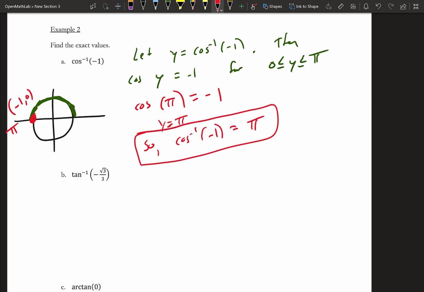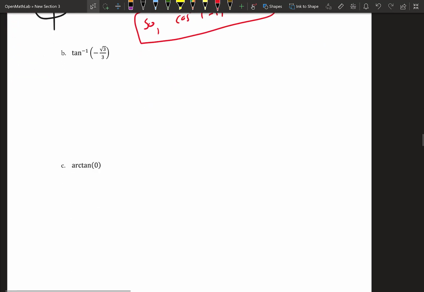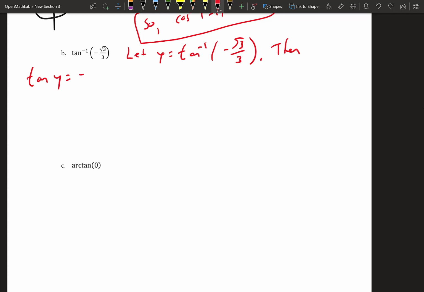So then the next one that we have is inverse tangent of -√3/3. So I'm going to start these out the same way, right? I could say, let y equal inverse tangent of -√3/3. Then we would have tangent of y equal to -√3/3, right? And this would, of course, be for y in between -pi/2 and pi/2, and not including those values,